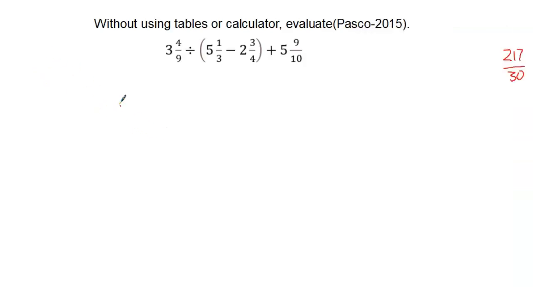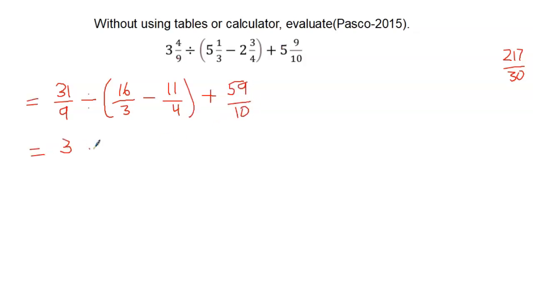So now here, let's use the understanding. So here you multiply this by that and you add it here. And that will give you 31 on 9. You bring your division, bring your bracket, you multiply this, you get 15, you add it to that, and then you got 16, so it's going to be 16 on 3 minus here, you multiply 8, and then you add, you get 11 on 4, you bring plus, got this, so 59 on 10, equals to,